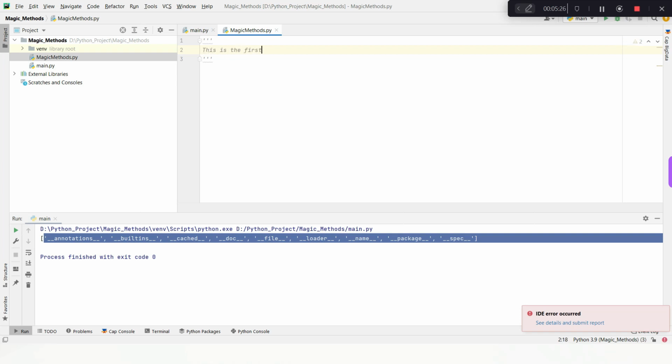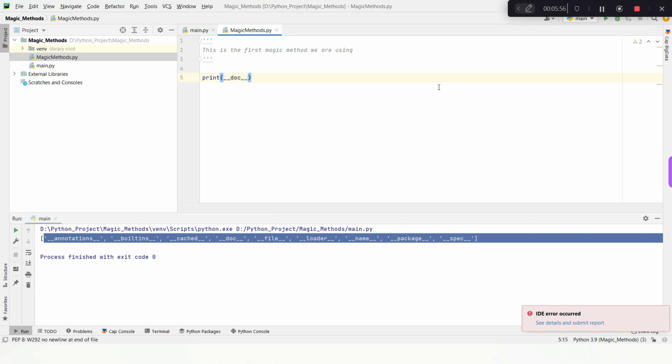This is the first magic method we are using. In any part, if I want that particular docstring, how can I get it? With the help of one magic method, and the name of that magic method is